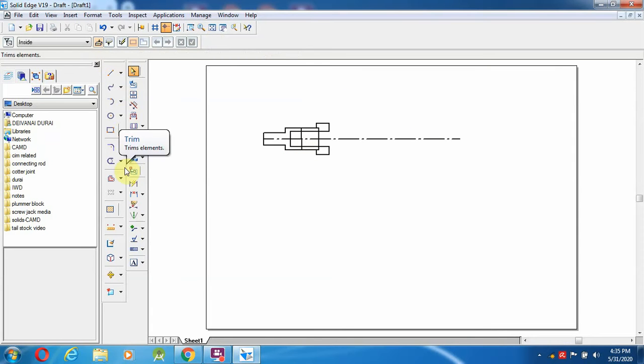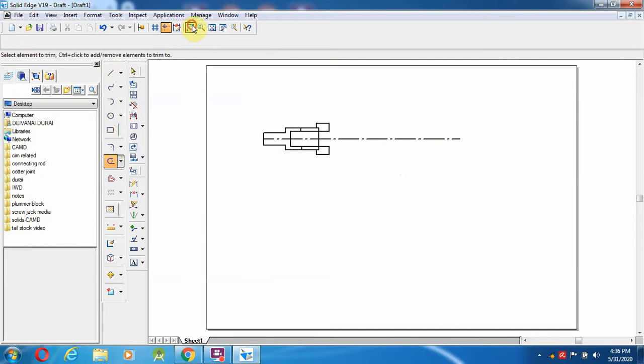Go for the option called trim. Select the trim and come over here, the middle you can trim. Okay, so those lines also we drew over here.